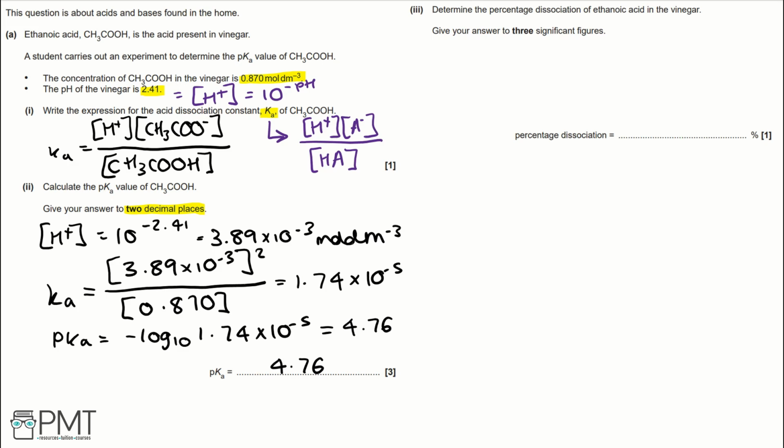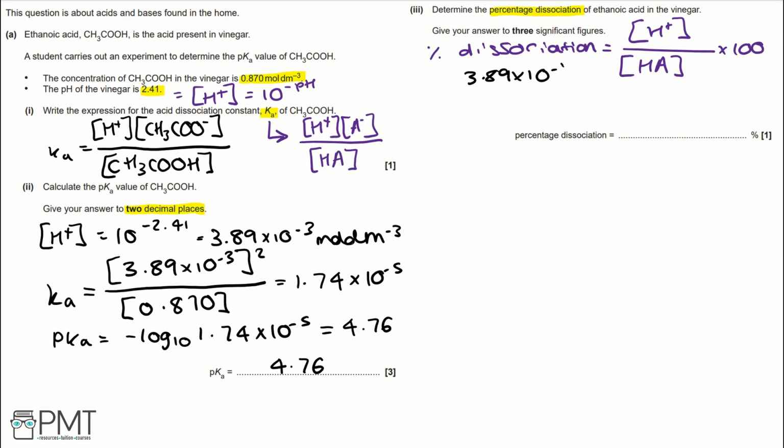Part 3. Determine the percentage dissociation of ethanoic acid in the vinegar. Give your answer to 3 significant figures. To answer this question, we first need to know the equation for percentage dissociation. The equation for percentage dissociation is the concentration of H+ divided by the concentration of HA multiplied by 100. In this question, that would be the concentration of H+, which we've worked out is 3.89 times 10 to the negative 3, divided by the concentration of HA,